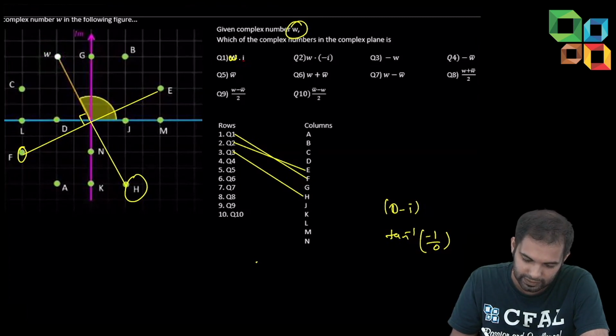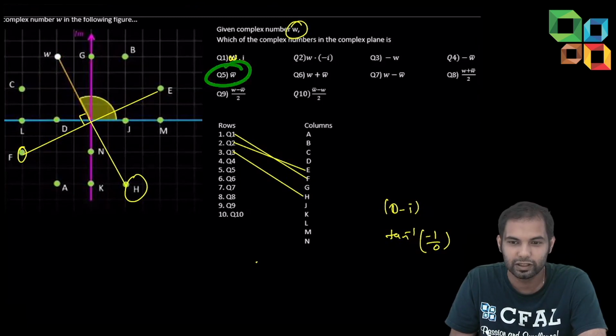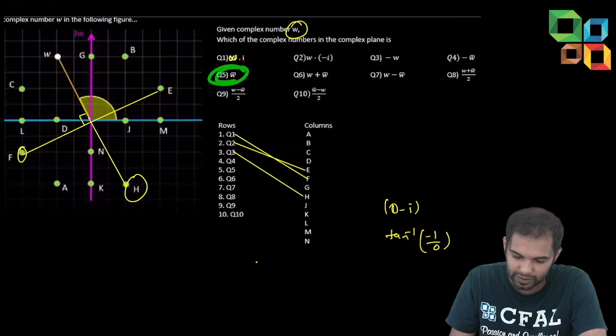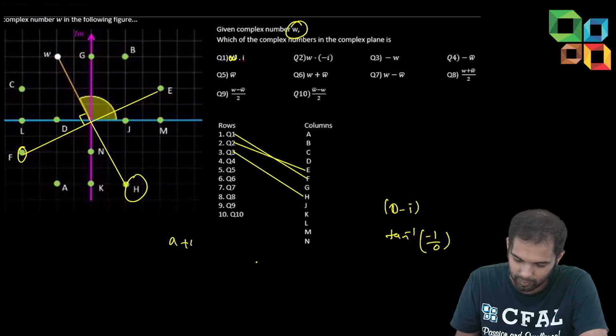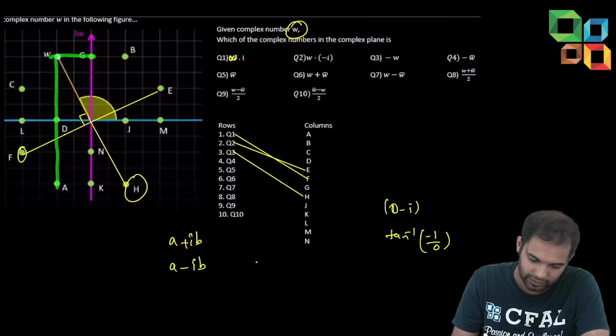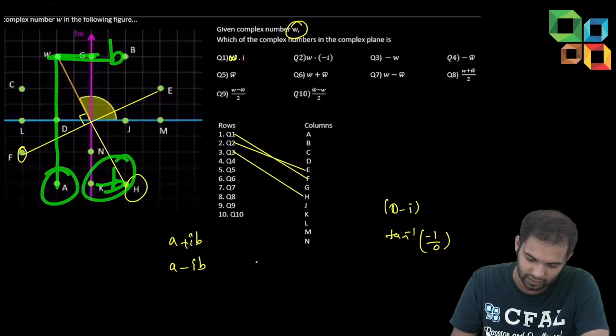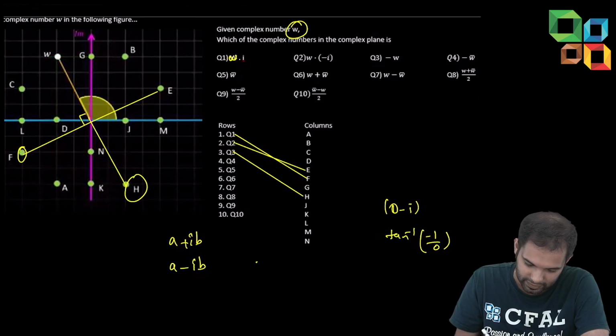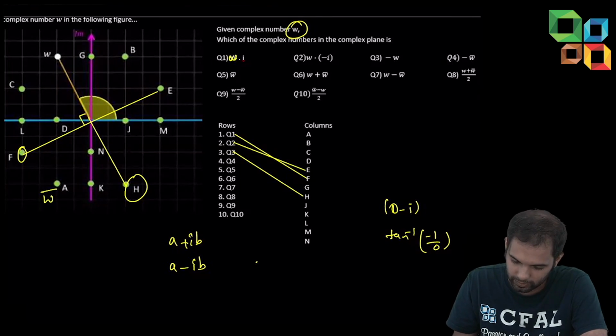First, let us find the fifth one instead of the fourth one. First, let us find what happens here. If A plus IB is there, what we want is A minus IB. That means the real part should remain the same, this part should remain the same. And this part, if this was B, I want minus B. And you see that the point we are getting is A. So this is nothing but, I can write it down here, this is the W part. Or the fifth problem is nothing but